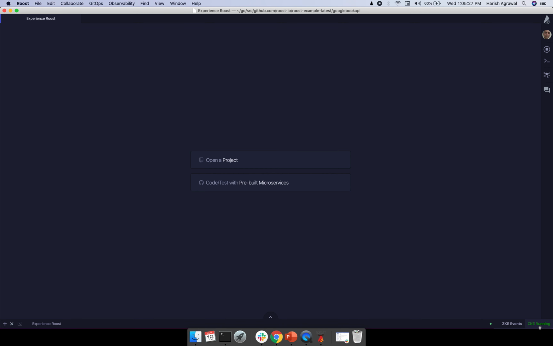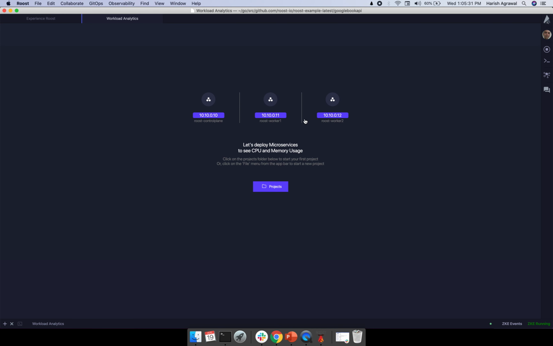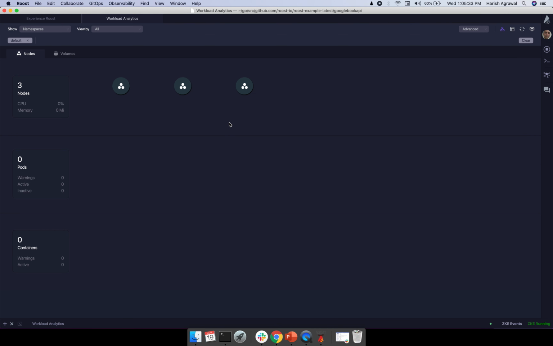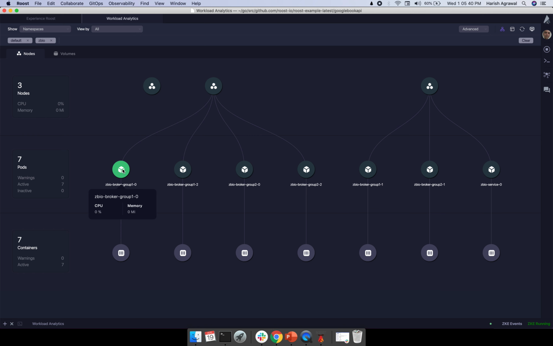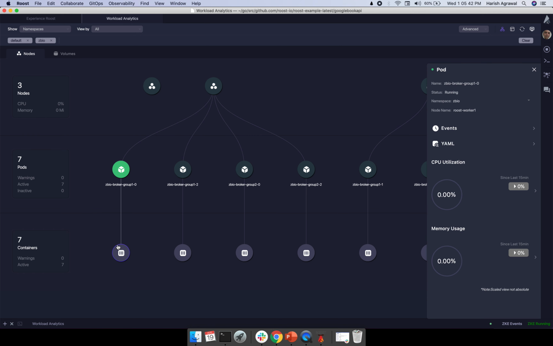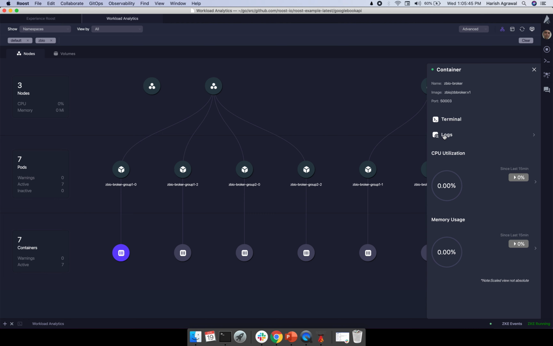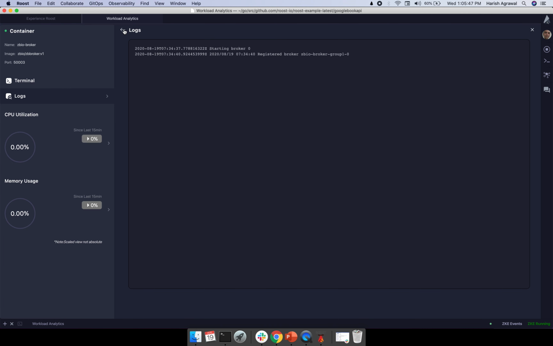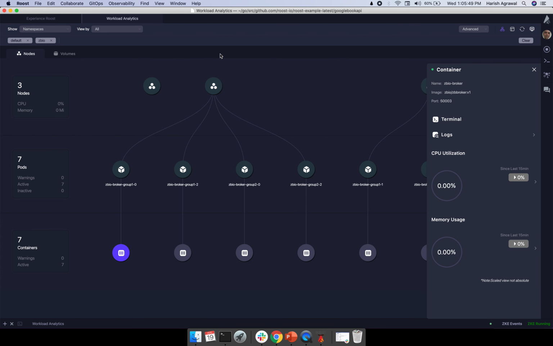So we see Jitabytes Kubernetes engine has gone to running. Let's quickly click on workload analytics. Clicking on any of the nodes takes me to a graphical view. I can select the namespaces that I wish to view. Clicking on any of the node or the containers shows me additional details on the right side, which we will explore in further detail in a subsequent video. There are other filters for utilization filters, and there are search filters based on search tag.